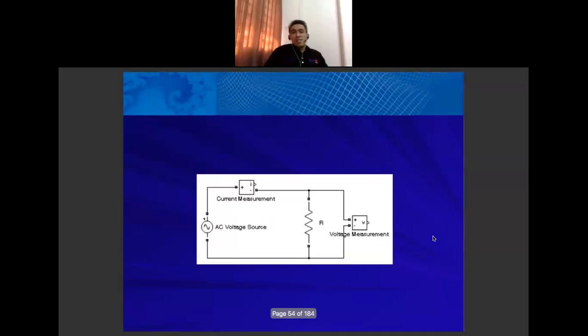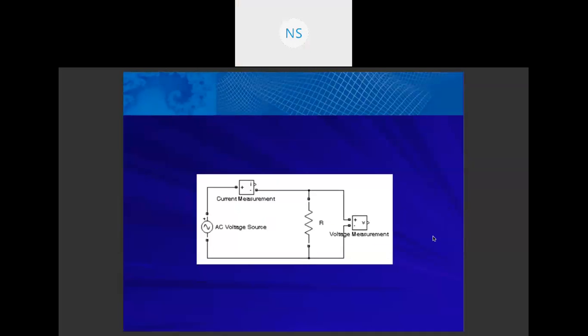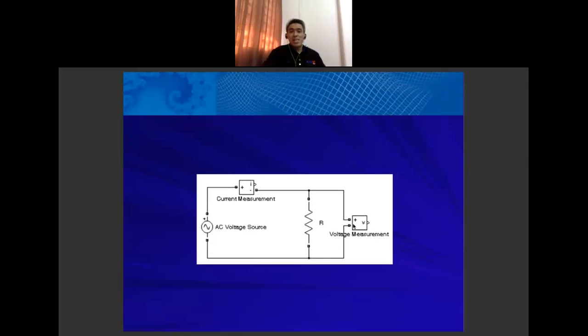Right, so this is the circuit connection after we perform wiring to all components. We have the AC voltage source, current measurement, resistor, and voltage measurement.